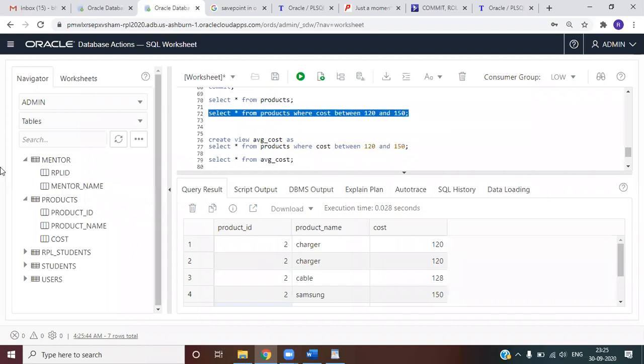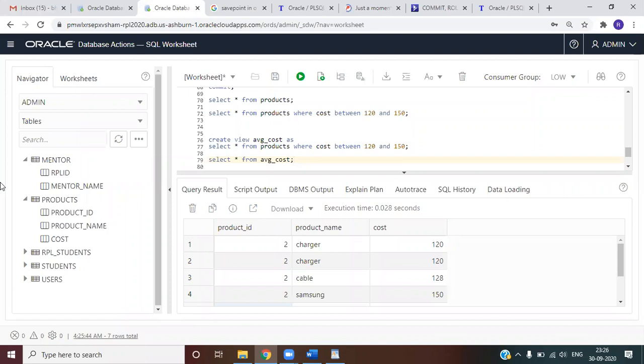So what are the advantages of creating a view? Every time, if I use this query again and again, I don't have to type in all this big query every time, right? So I just simply create a view and name it something, this is my syntax, and I'll put that query. So this is how I create a view. I'll create a view on the select statement. Once a view is created, next time I just directly do a select on the view name. In this way, I'm avoiding typing my whole select statement every time